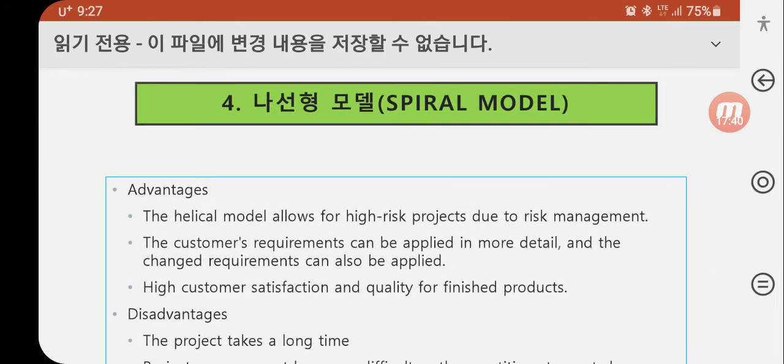A spiral model has some advantages. The spiral model allows for high-risk projects due to risk management. The customer's requirements can be applied in more detail, and the change requirements can also be applied. High customer satisfaction and quality for the finished product,